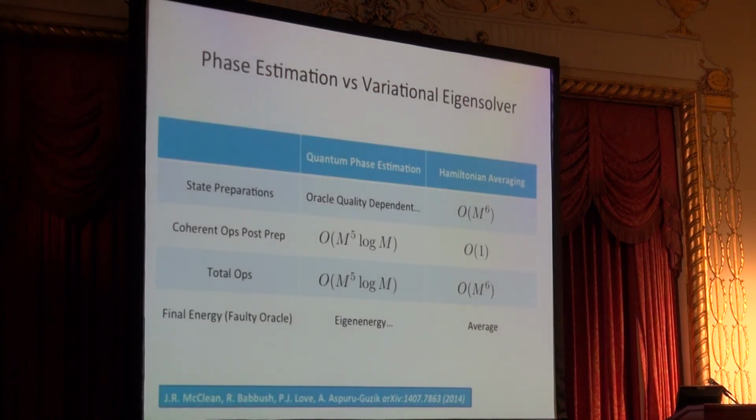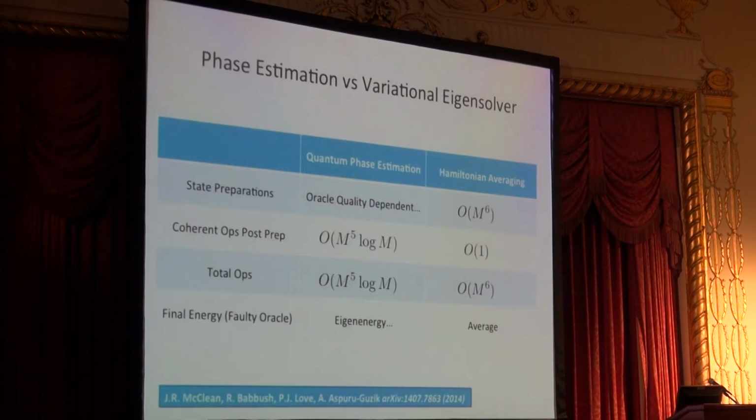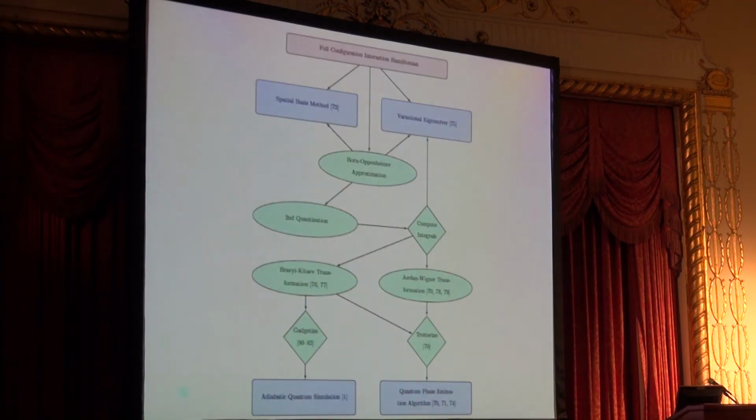So really, I ran out of time sooner than I expected, but I'm going to tell you in the last 1 minute, okay, one more thing. So this thing has advantages because the only thing you do is prepare and measure. The scaling is n to the 6, so oh my God, we're a little bit worse than our other method, but it's actually pretty awesome scaling too. That factor of 2 comes from the averaging of all these Hamiltonian terms and so on. But let me just continue and show you one last thing.